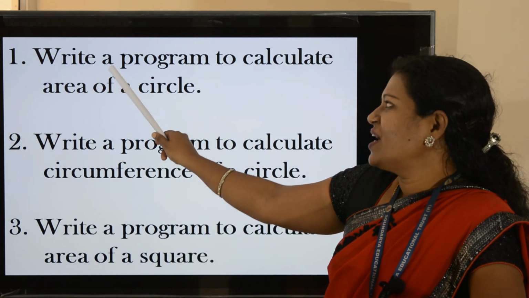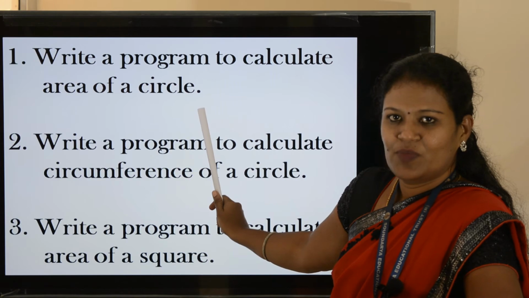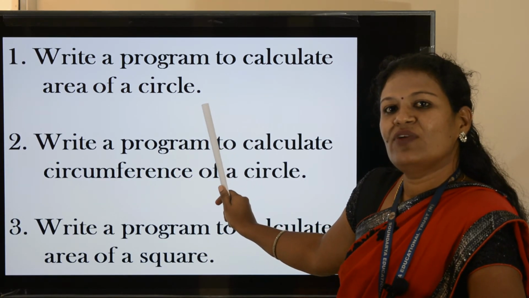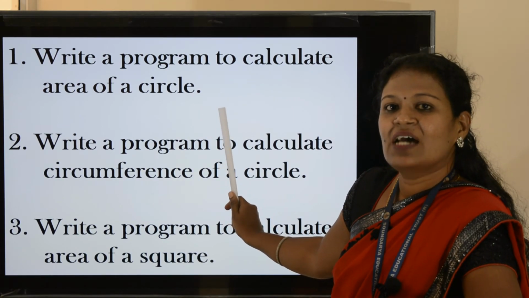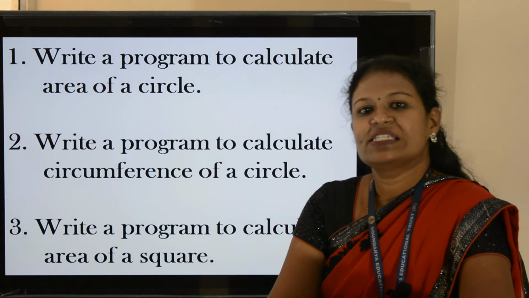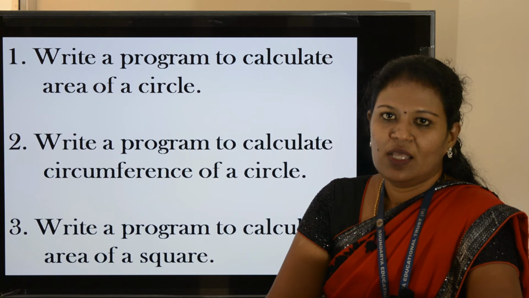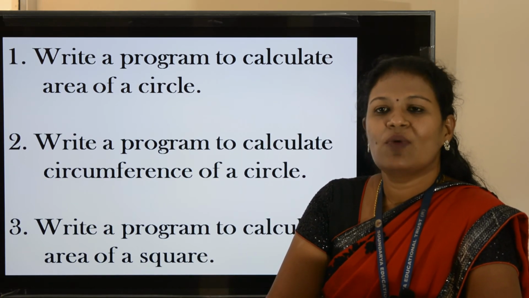First one is write a program to calculate the area of a circle. I'll give a hint here. What is the equation for calculating the area of a circle? Area is equal to pi r square. It is better to give the value of pi.